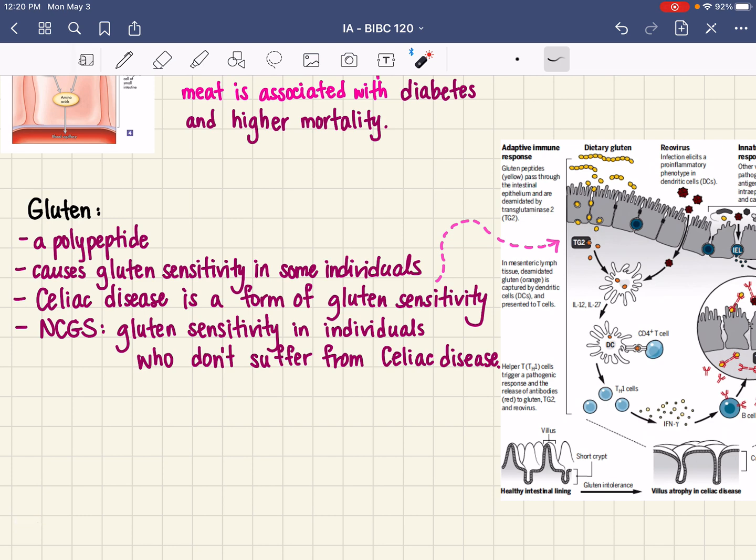However, it's not because they have celiac disease. It is because of other reasons, right? It can be psychological, or it can be for other conditions that they may have. But just know that NCGS is gluten sensitivity in people who don't necessarily suffer from celiac disease,